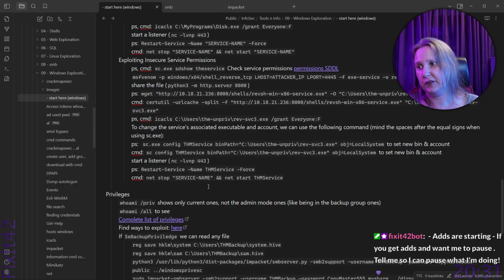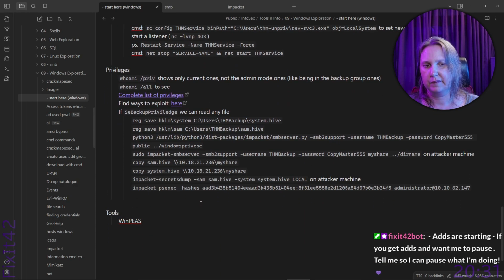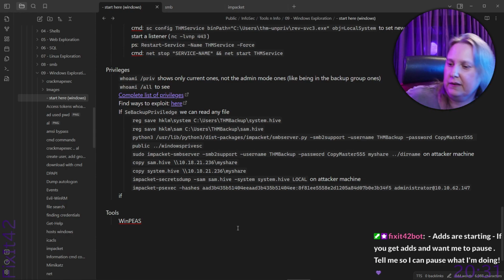So here is a reverse shell. And this is a bit different with impacket psexec. Yeah, so let's just go back and say if so I'm getting a few messages again. I'll have to check